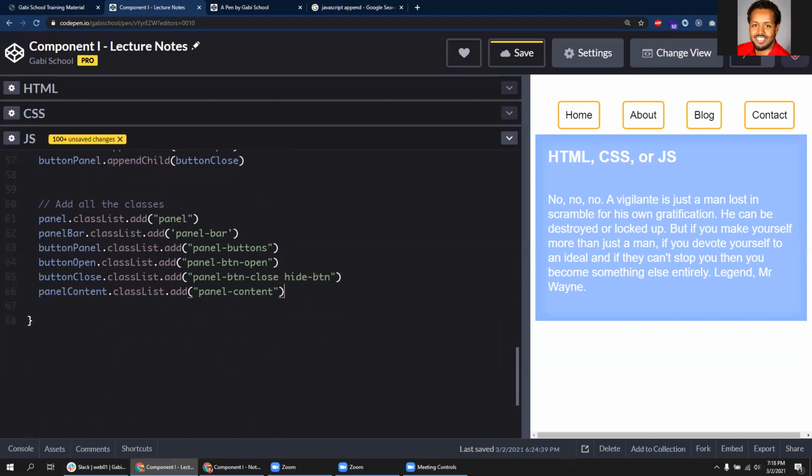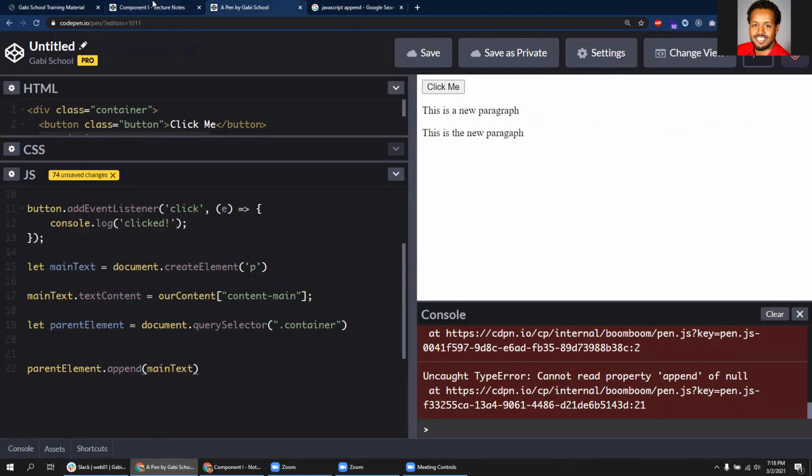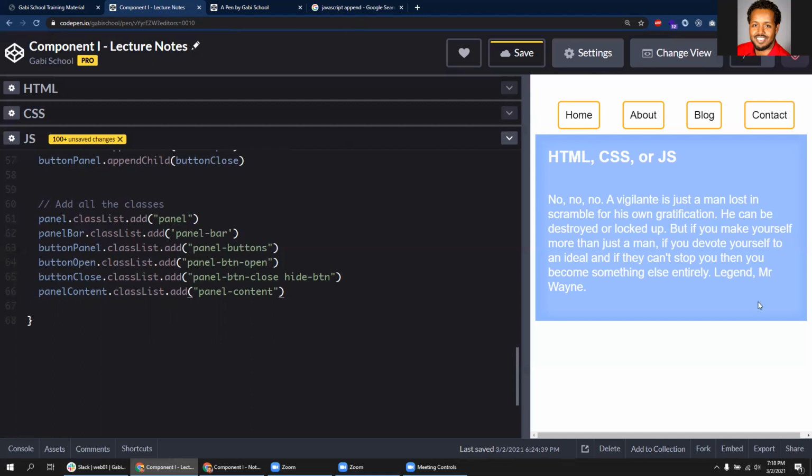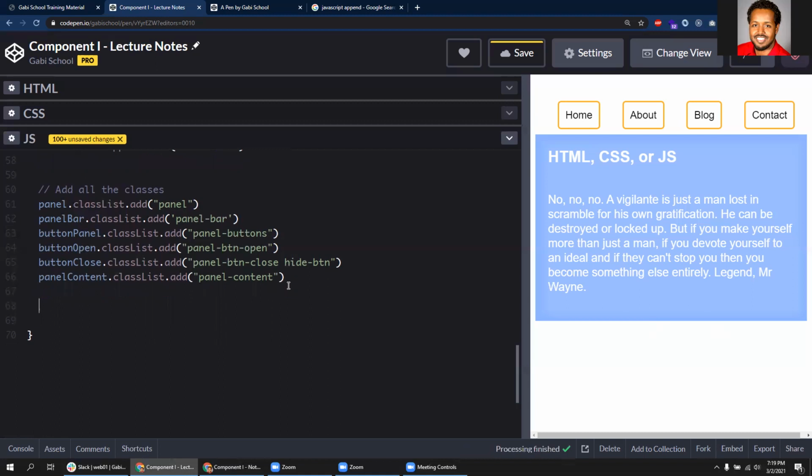So I'm going to add one more thing. The buttons are going to have a toggle thing. They're going to have an arrow that shows when it's open and when it's not. So if it's open, it's going to point down. If it's not open, it's going to point up. To create that, we're going to use what do we call a